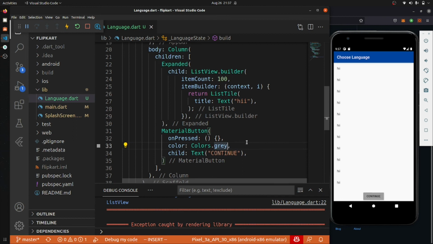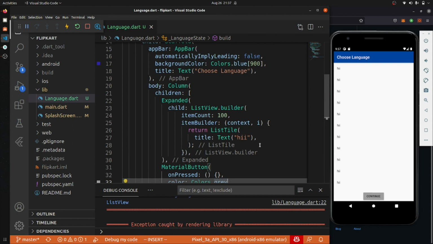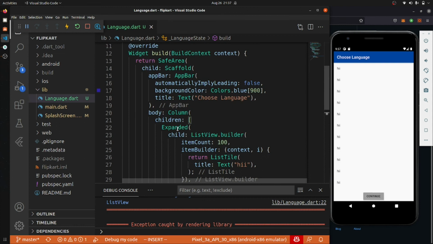I'm going to take two days on this. Tomorrow there will also be a video on this whole thing, in which I will show you how we can create that list page. But the main motive of this video was how we can use Expanded inside our list view. Just remember one thing, inside of a column or row we cannot use a ListView directly. So in order to use that, you have to use Expanded or Flexible if you want. Just figure out the two things, Flexible and Expanded, and you will know the difference.